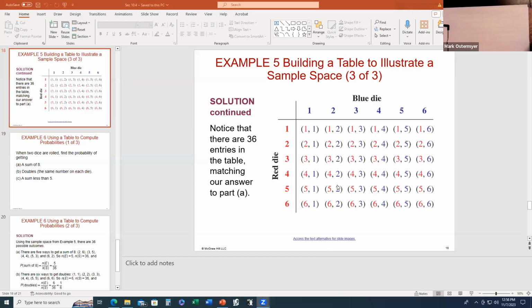Wait a minute. Where did I get 52? I'm thinking of the card deck of the last experiment. There's 36 outcomes here, ladies and gentlemen. So there's how